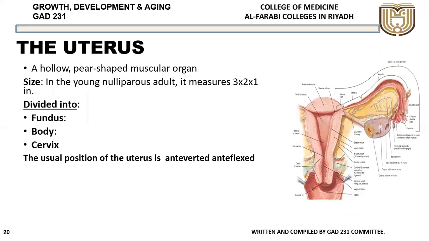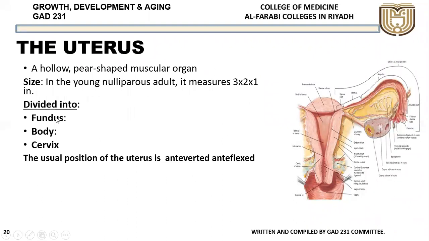But once there is fertilization, it has the capacity to expand. As I said, all these organs are in the pelvis. After fertilization, the uterus can expand to a very large extent, and it goes up into the abdomen and covers most of the abdominal cavity. So this organ, called the uterus, has a very unique way of expanding, especially during pregnancy. So this is the uterus.